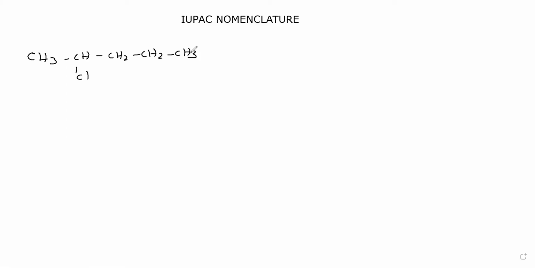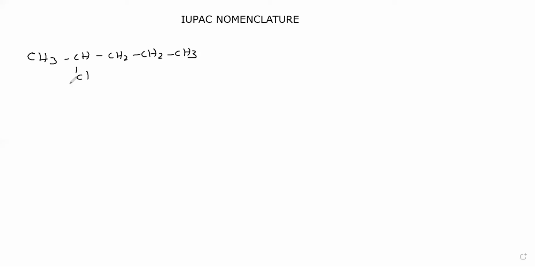For this, we will say the common name. Now, to say the common name, first you see the functional group. The functional group is halogen. You see which carbon it is attached to. The halogen is attached to this carbon, which is directly linked by two other carbons. Therefore, this carbon should be called secondary, and we have to call this a secondary chloride.